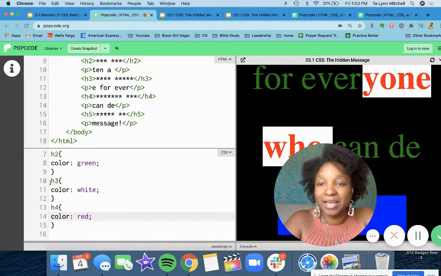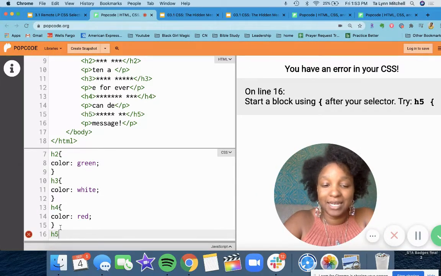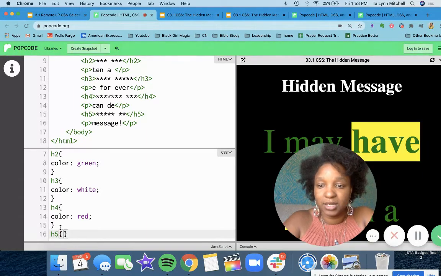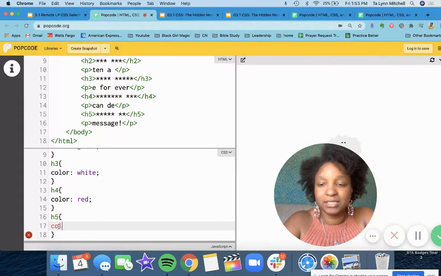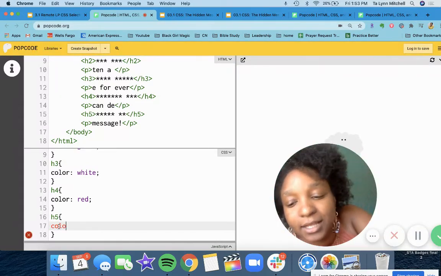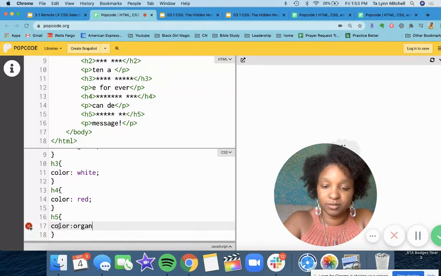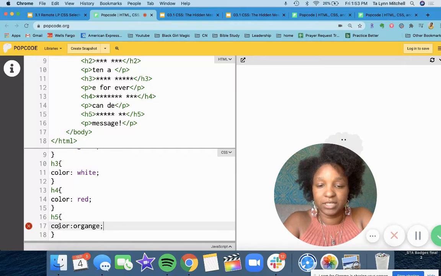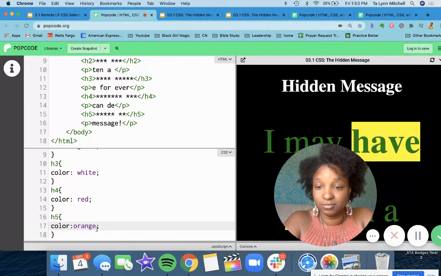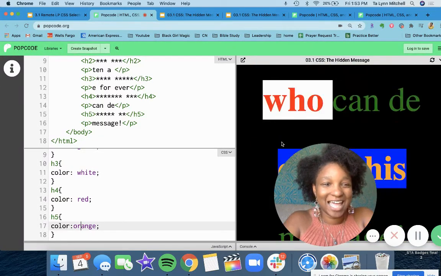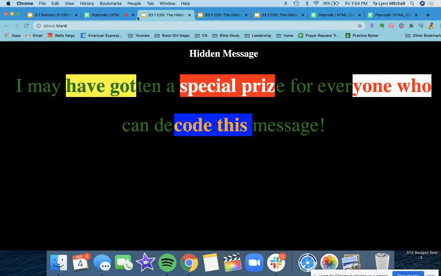And after H4, we have H5. That is our final tag. So we can decode the hidden message. All right. And enter twice. Our color is going to be orange. See if that works. Uh-oh, you have to spell orange correctly first. It works. So if we pop this out, our full text should say,